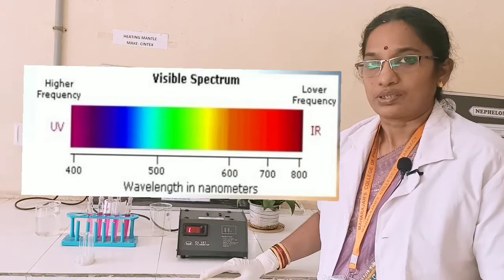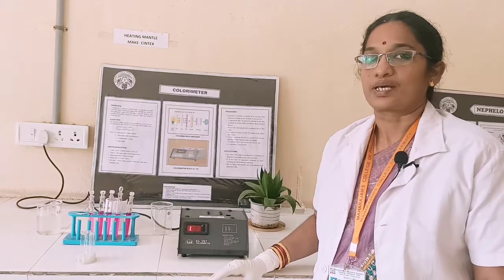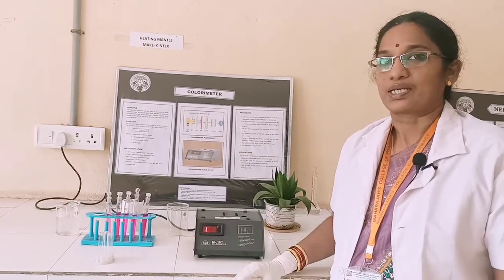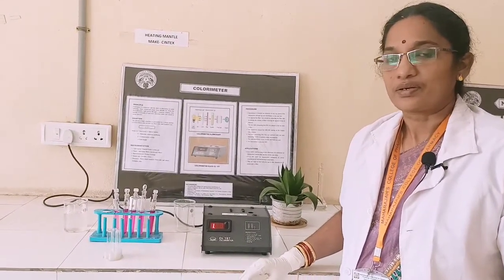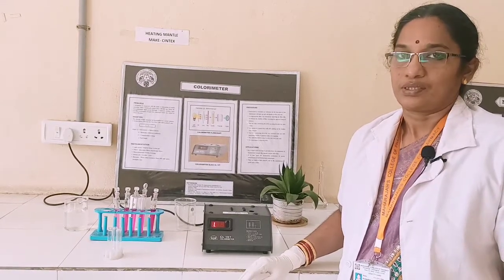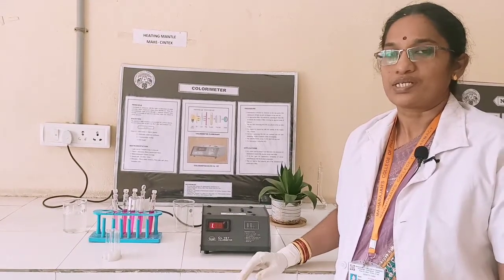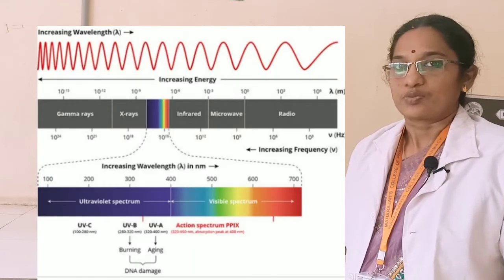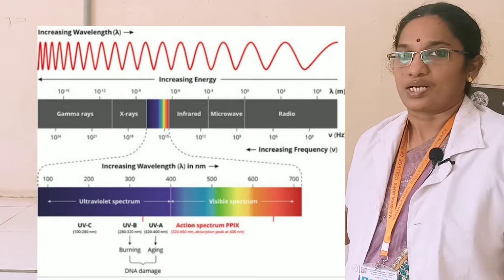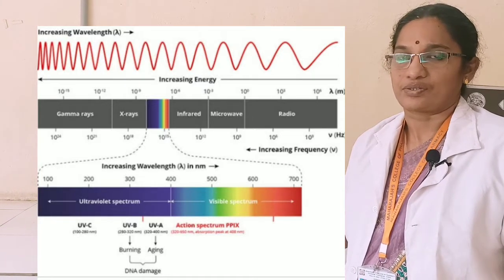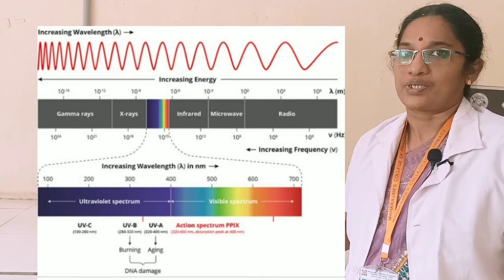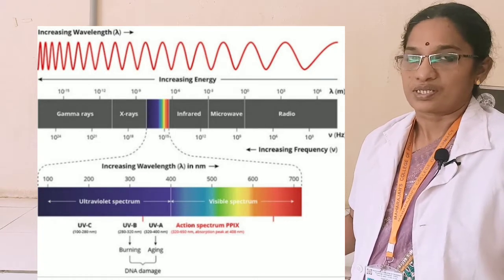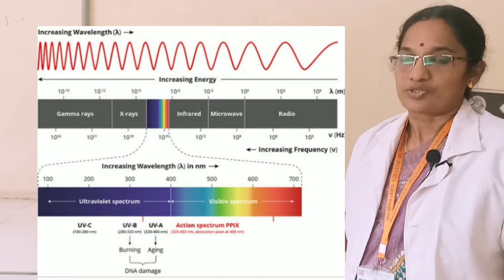As we know, this entire spectroscopy is based on interaction of electromagnetic radiation with matter, and in this particular colorimetry we are dealing with the visible range of the electromagnetic radiation. You already know that there are a number of regions in the electromagnetic radiation, that is the visible range or the colorimetric range, the ultraviolet range, the IR range, radio waves, X-rays, gamma rays, etc. So today we are basically describing a procedure that is based upon the visible range of light